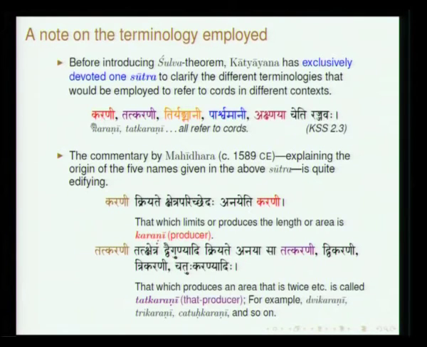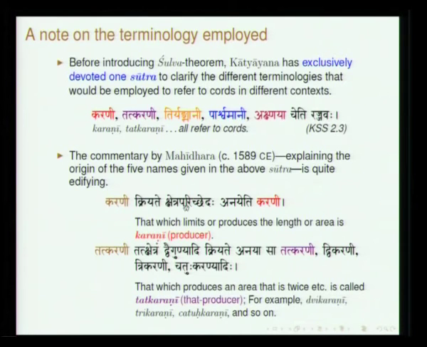In Katyayana Shulva Sutra, we have this: Karani, Tatkarani, Tiryangmani, Parshvamani, Akshnaya Cheti, Rajjavaha. Rajju means cord. So, all that the sutra says is these are 5 names which have been assigned to the cord that you keep using in different contexts. So, Karani, Tatkarani, Tiryangmani, Parshvamani, Akshnaya, all refer to the cords. In fact, the commentator Mahidhara clarifies what these terms mean. Karani: he says Kriyate Kshetra Parichhedaha Anaya iti Karani. Parichhedaha means a certain limitation,